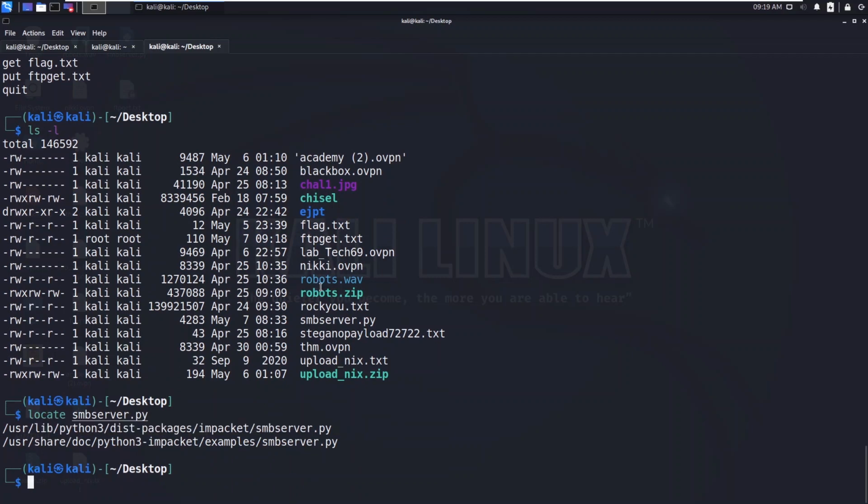I downloaded this from GitHub, not knowing that it's in Kali Linux. So you can do python3 smbserver.py, and then you need to give a share name, say myshare, and specify the directory as dot.